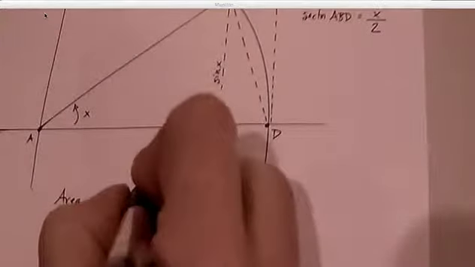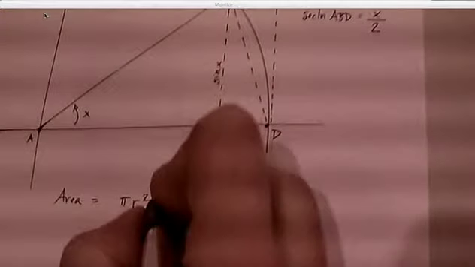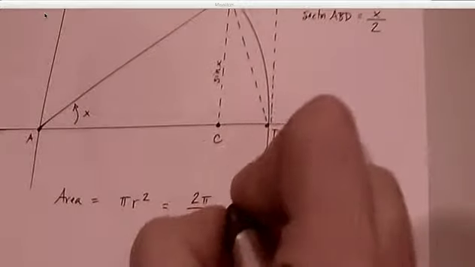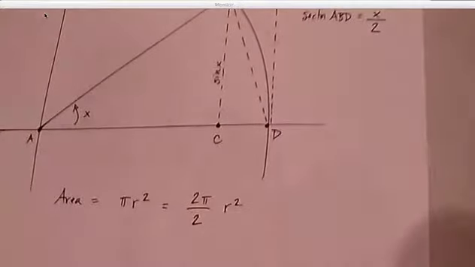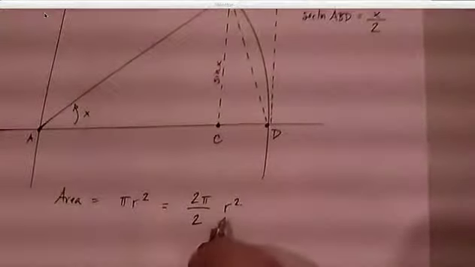Now remember that the area of a circle is equal to pi r squared. Now that is for the whole circle. The area for a whole circle, which includes 2 pi radians, is pi r squared. So let's go ahead and rewrite that as 2 pi over 2 times r squared. Okay, 2 pi representing the number of radians in a full revolution, and r squared, of course, being the radius